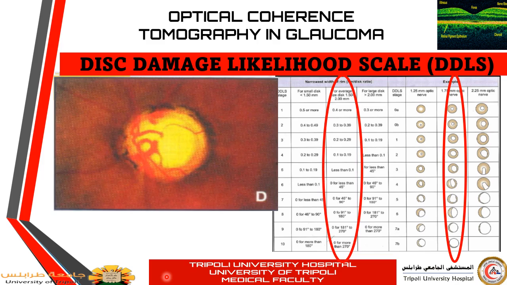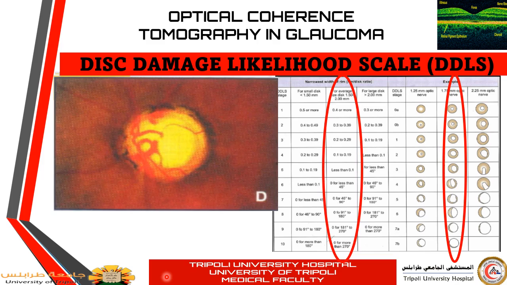Not any part of the rim that you measure and bring the rim disk ratio. No, you should measure the thinnest point of the rim thickness relative to the horizontal diameter of the optic disc, in the same axis as the thinnest point of the rim width. So this is the disk damage